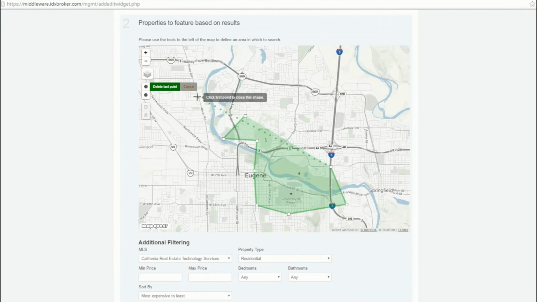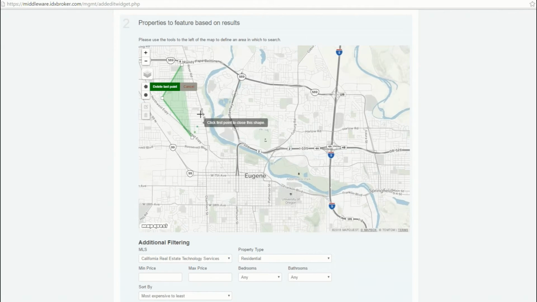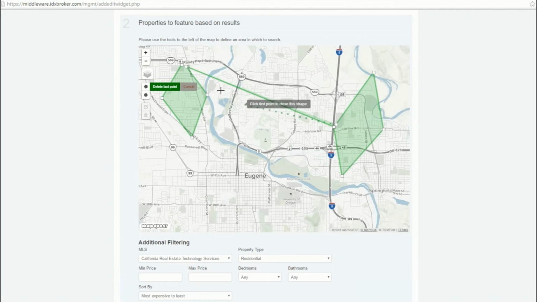So if I have a couple, what I could theoretically do is, let's say I've got some properties over in this top side here, and then I've got some properties over here. So you can see I can make a little connection here. Now it's going to show some of these properties here. If you get it right on the money, if you get that thin enough, then it won't show properties between the two. I know that's kind of a wonky workaround, but if you're really needing separate areas,